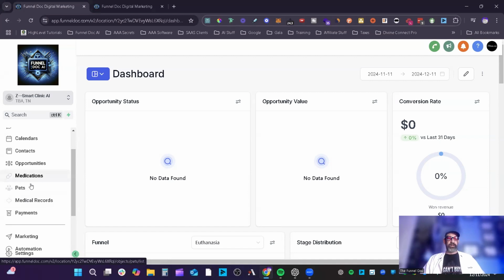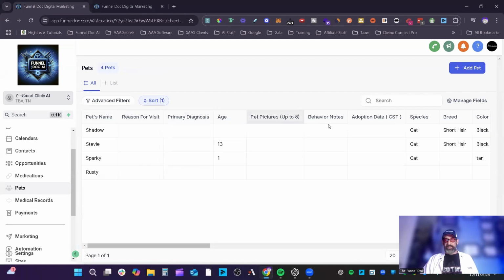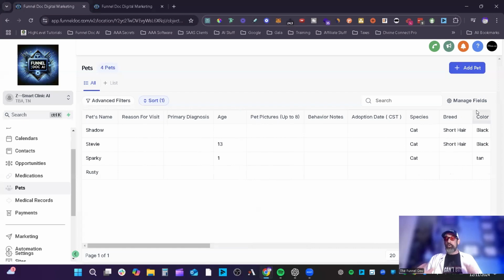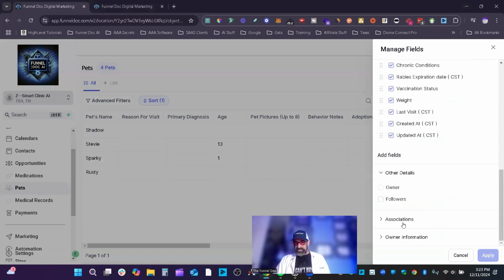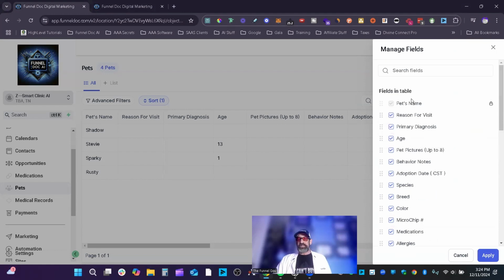So if you come right here and say we're going to pets now, because we've been working on pets, you'll see here's all the different fields that I have for the pets that are listed. And if you wanted to change up the order or flow of what you're seeing here, all you do is go to this little manage fields button, you click right here, and now you have all your fields that you can list. You've got other details, any associations, all your stuff, and you just click them off and on whichever you want, and they're just drag and drop. So if you decide you want this first, second, whatever,